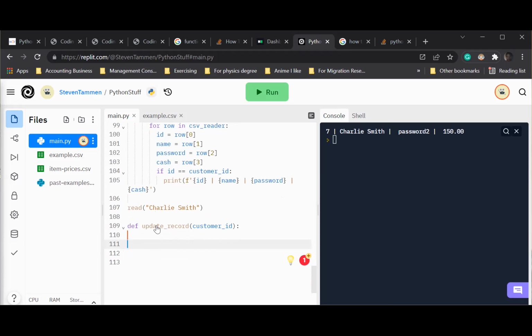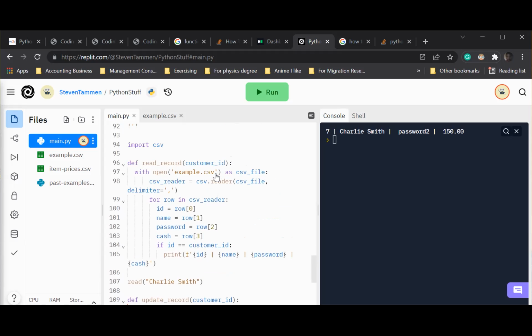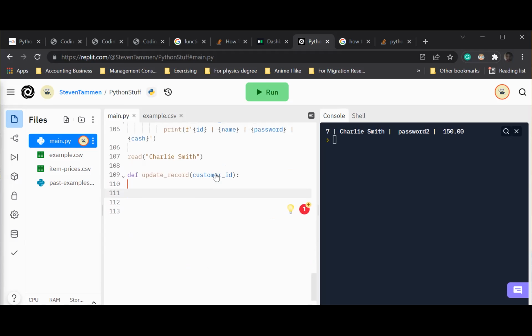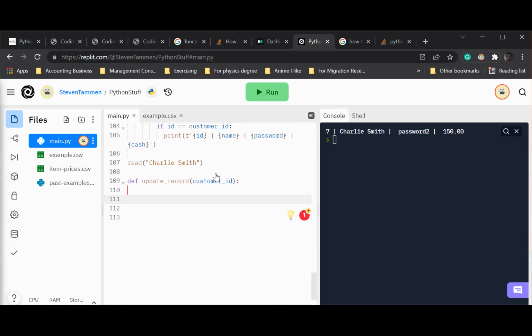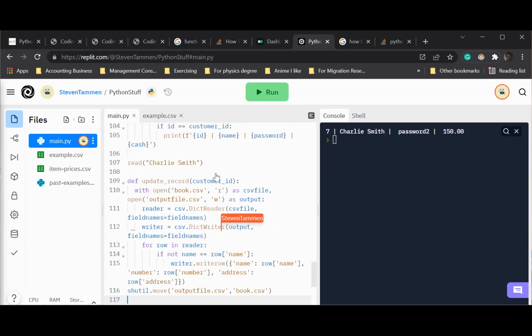So with open, I want to see if I can, just because I've never done this before, I'm not entirely sure exactly how it's going to work here. So we're going to open this one, example CSV. And then